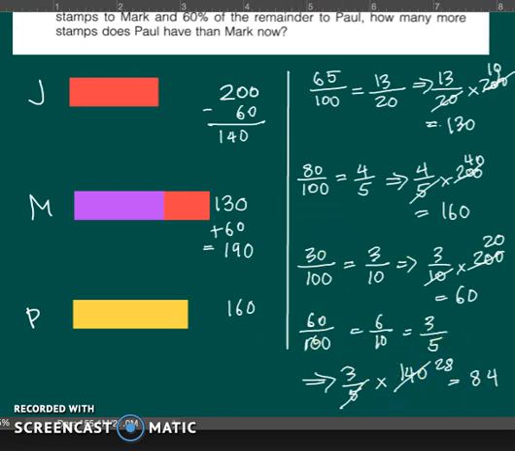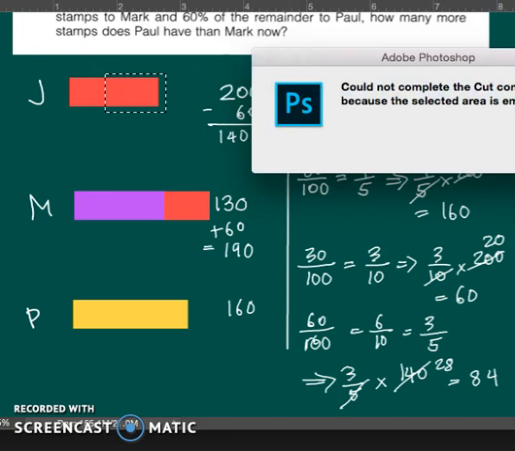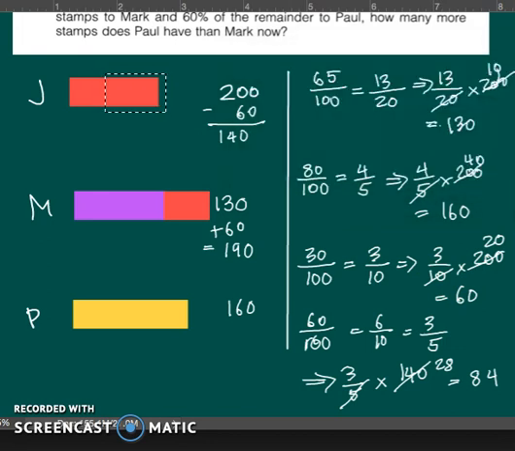So Jimmy gave a remaining 84 of his 140 stamps to Paul. Let's stick those over here. Okay. Now Paul had 160, and we added 84 to that, which brings us up to a total of